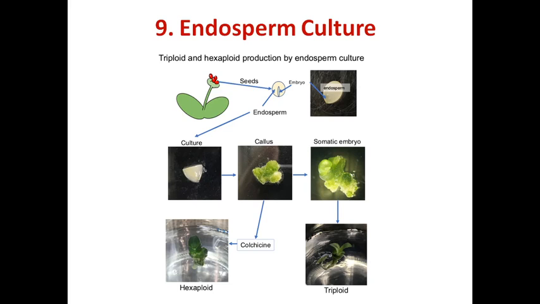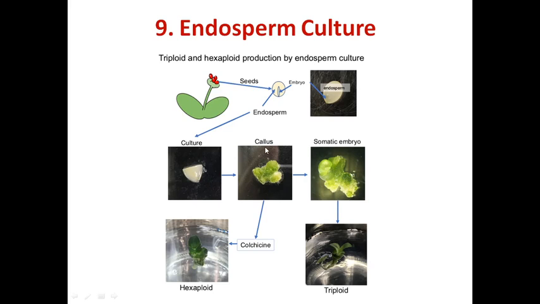It is the development of isolated mature endosperm from ripened endospermic seed on a suitable culture medium in vitro to obtain a triploid plantlet, because endosperm is always triploid. So students, see, I am taking the seed, then removing the endosperm. That endosperm is cultured on a suitable medium, then callus formation occurs. From that callus there is somatic embryo, and then a triploid plant is formed. It is not haploid, it is triploid.